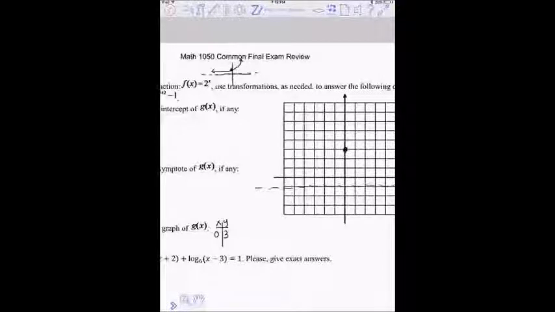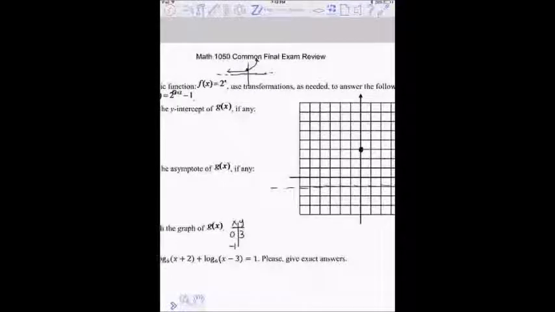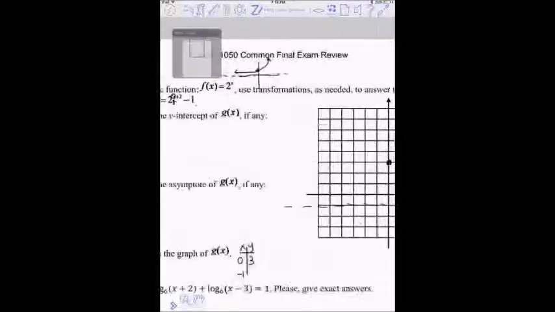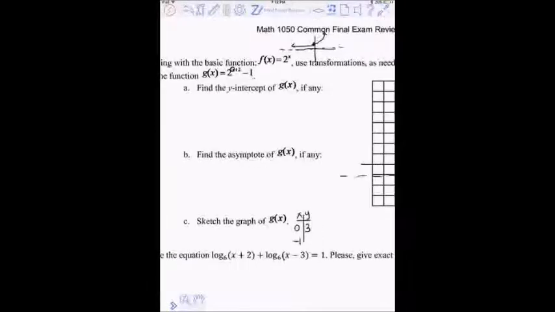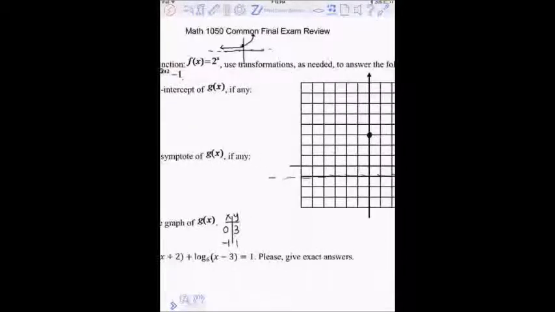And if we choose another point, let's choose -1. If I plug in a -1 for x in the original function here, -1 plus 2 is 1. 2 to the first power is 2, and 2 minus 1 is 1. So the point -1, 1